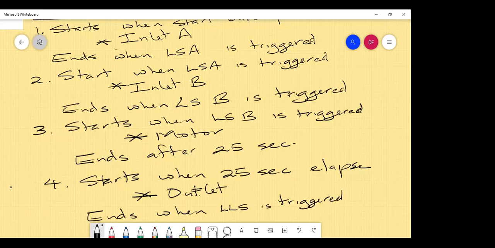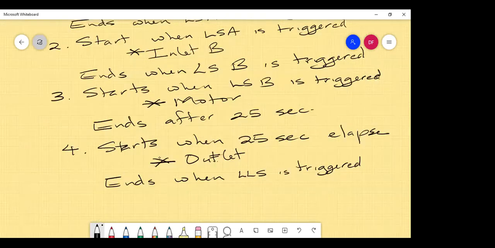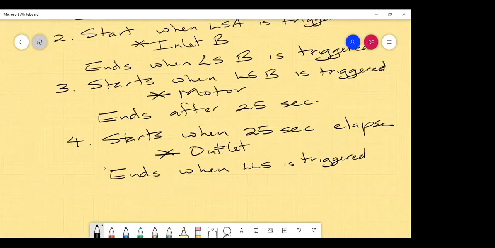All right, so this is our sequence in order. So the next step after that now for us is to write the program. All right, so before we write the program,